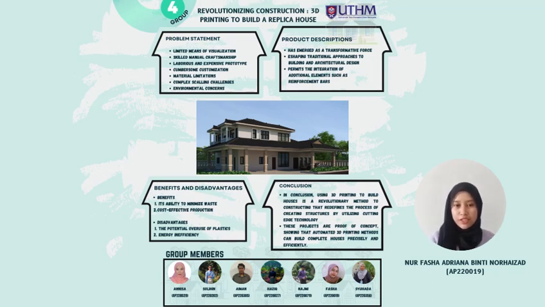3D construction printing revolutionized building by layering structures with additive manufacturing. It enhances speed, efficiency, and design flexibility through digital design, advanced materials, and precision robotics. The process begins with creating a detailed digital model of the structure using computer-aided design, CAD, software. This model guides subsequent steps, including slicing it into layers through specialized software.